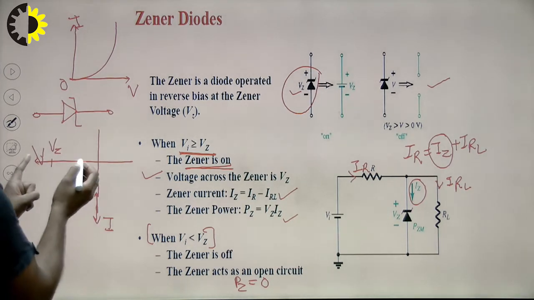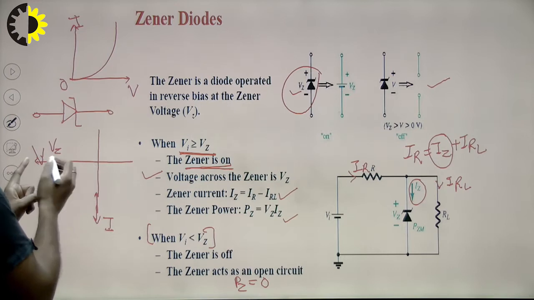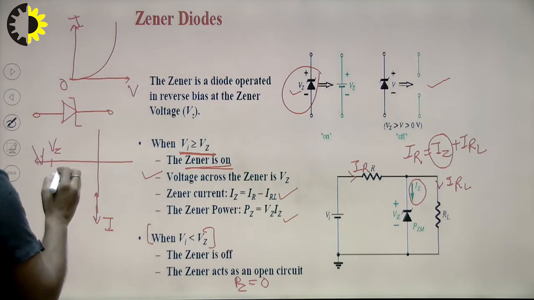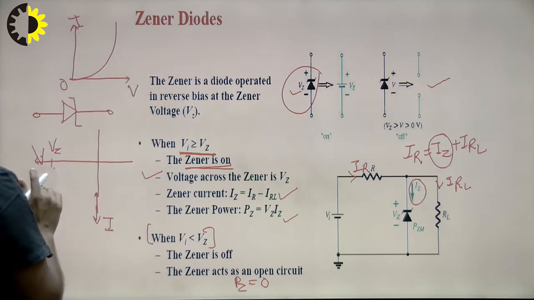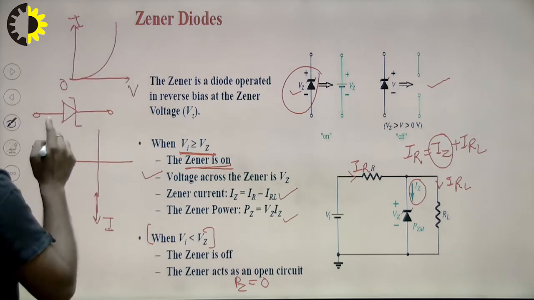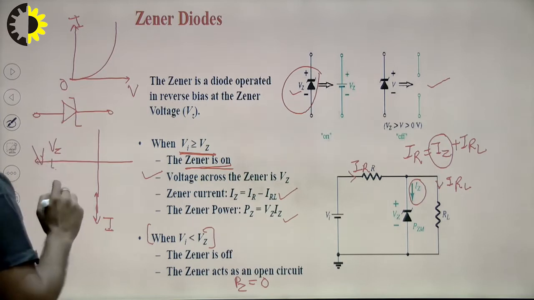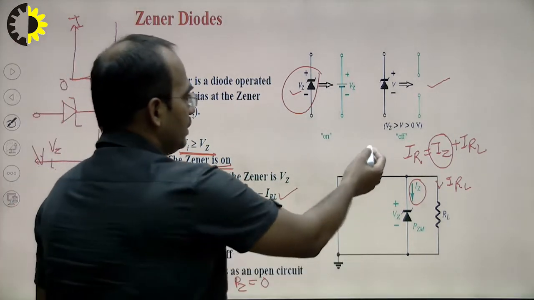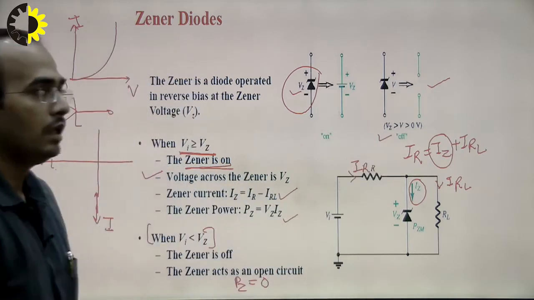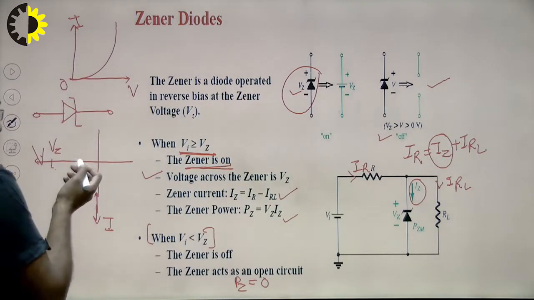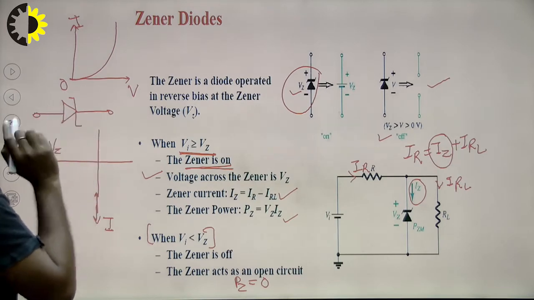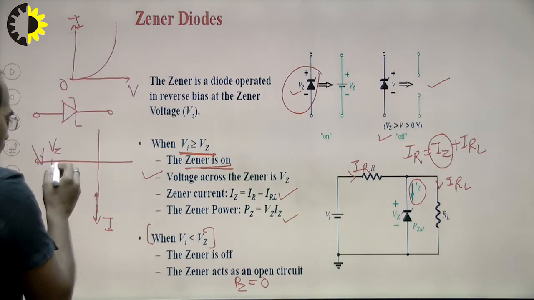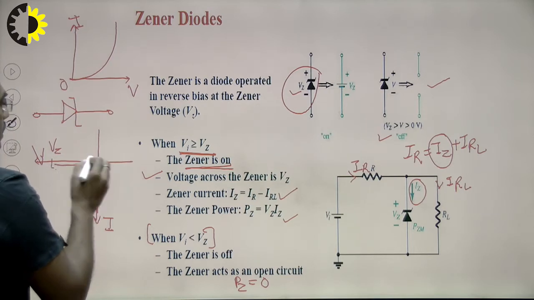So, if the reverse bias voltage is not crossing this Vz value, then up to this value of the reverse bias voltage, or till Vz, the current flowing through the diode will be 0, or you can say it will follow this condition. It means Zener voltage is greater than the reverse bias voltage. So, in this case the current flowing through the Zener diode will be 0, or you can consider a small current will flow through this diode.